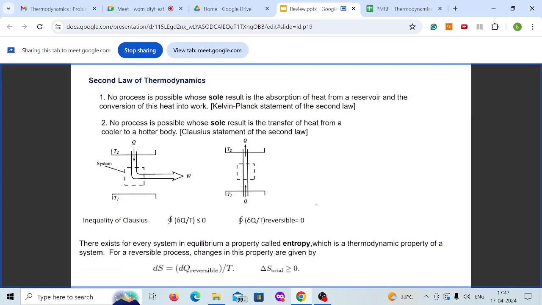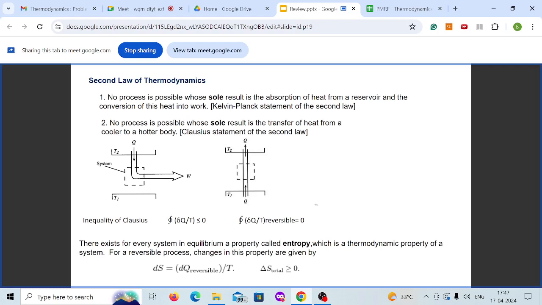So we have seen the zeroth law and the first law. Next is the second law of thermodynamics. As I told previously, the zeroth law of thermodynamics defines temperature, and the first law of thermodynamics defines energy, the conservation of energy. And the second law of thermodynamics came into practice because